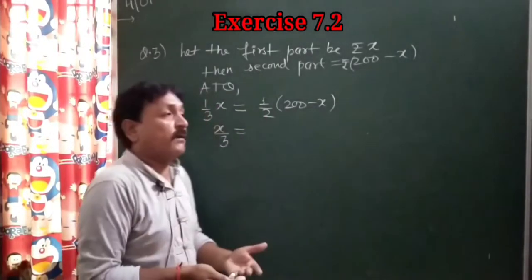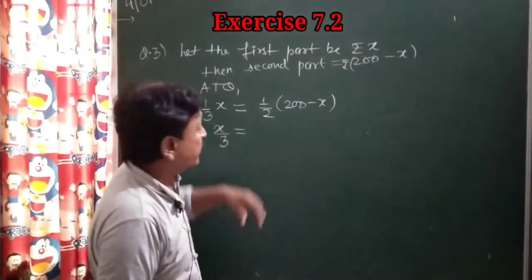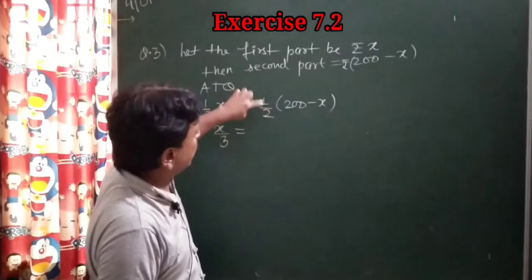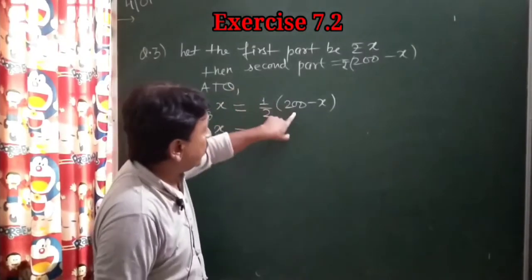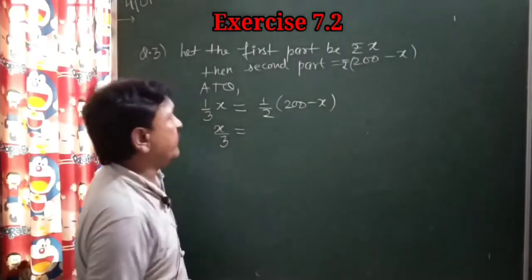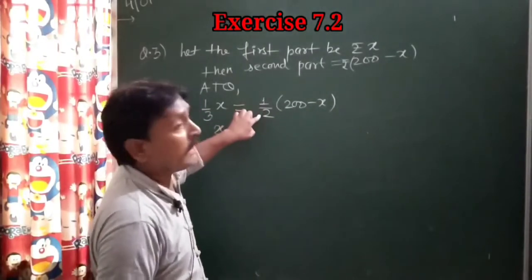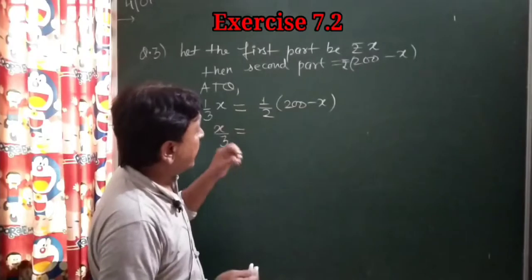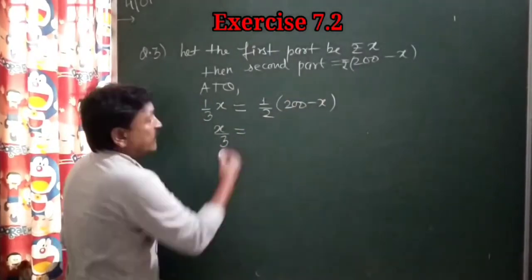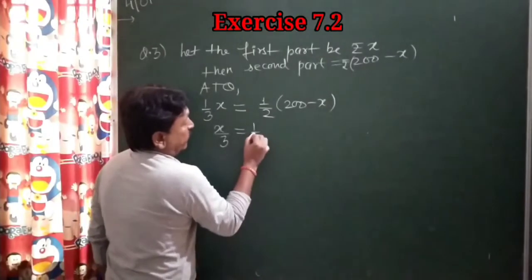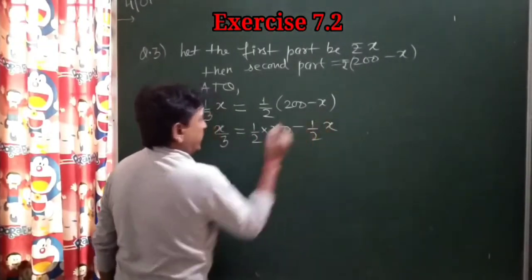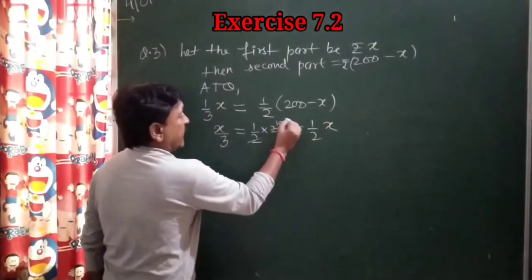When I am saying division, if I say multiplication, then I will say 1 upon 2. On opening of the bracket, this 1 upon 2 will get multiplied with 200 also and x also. So it is just a way of saying: if I am talking about 1 upon 2, then I talk about multiplication, and if I am talking just about 2, then I say division. Okay, just open the bracket. 1 upon 2 into 200 minus 1 upon 2 into x. It can be solved, 100.